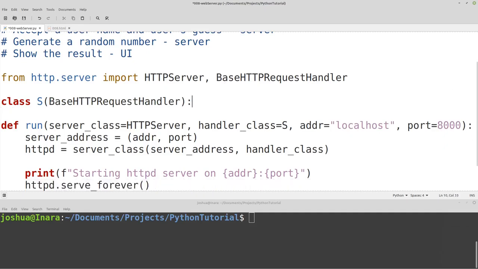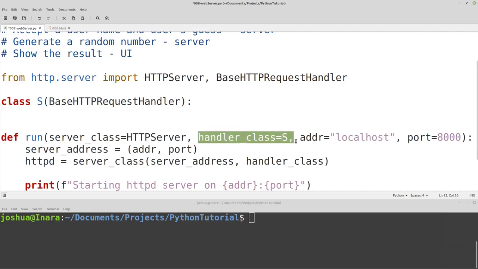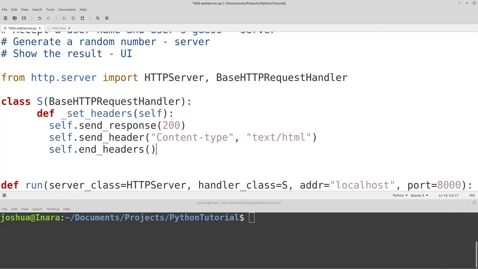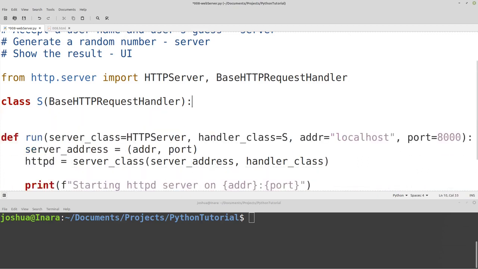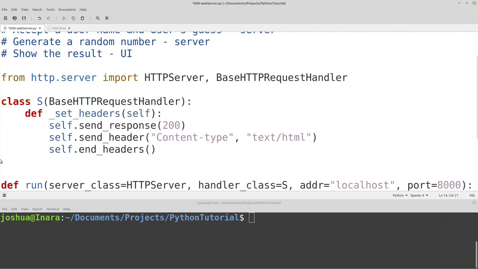So now with this class, remember this is the handler, so I want to create a way to respond to somebody who's making a request. So the first thing I need to do is create a function inside the class. So I'll just create a function inside the class. So another def, and then I have set headers. And self is referring to this class. So set headers,